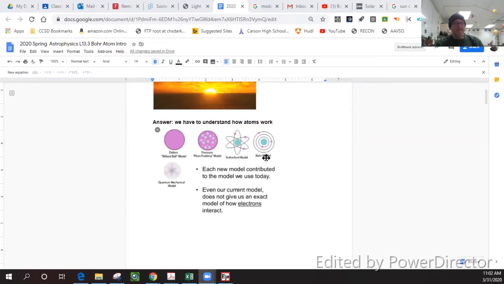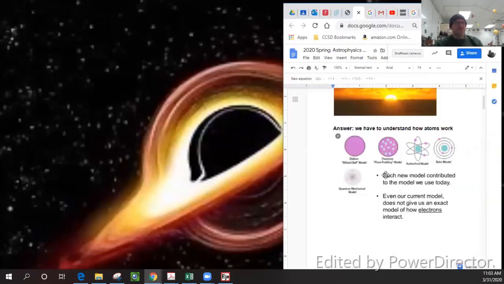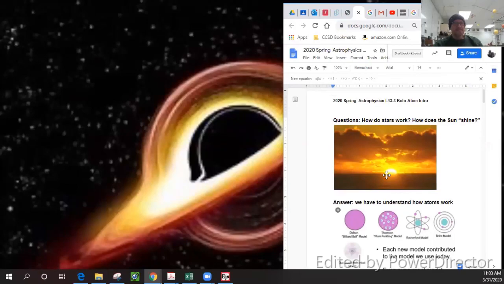And then finally, a guy named Niels Bohr came around, early 1920s, with the introduction of quantum theory. This was called the Bohr atom, and we'll be looking at this. But the current model is the quantum mechanical model, which we'll talk about a little bit. But this is the Bohr model. Each new model contributed to the model that we use today. Even the current quantum mechanical model doesn't give us an exact idea of how electrons interact. All right, so as you do this assignment 13.3 here,